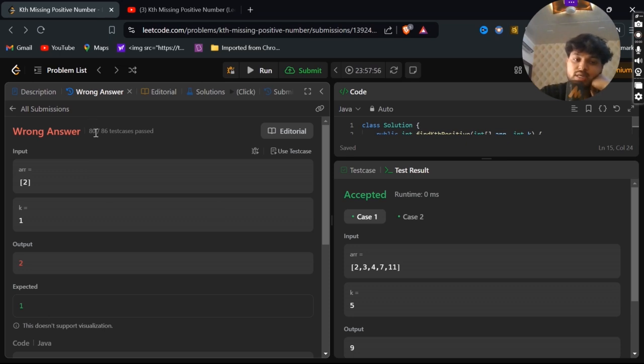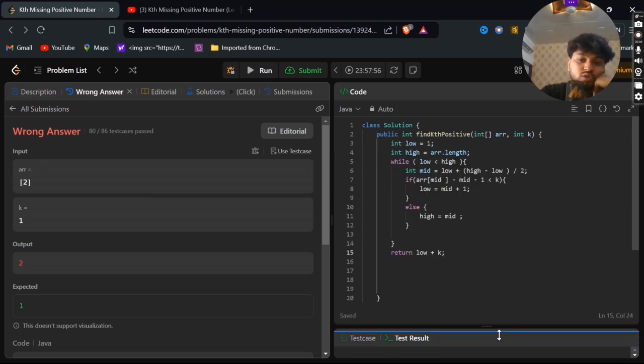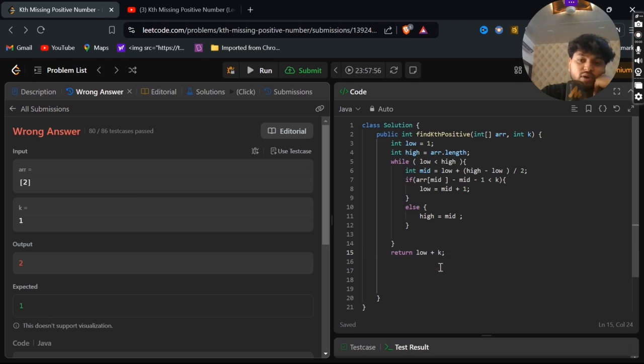Because that's why it is competitive programming, that's why we are doing it on LeetCode. Here on our screen we can see only 2 test cases, but in the background 86 test cases were there. Of those only 80 passed, 6 failed. So that's why it is incorrect. So what is the correct approach? What did I do wrong here?